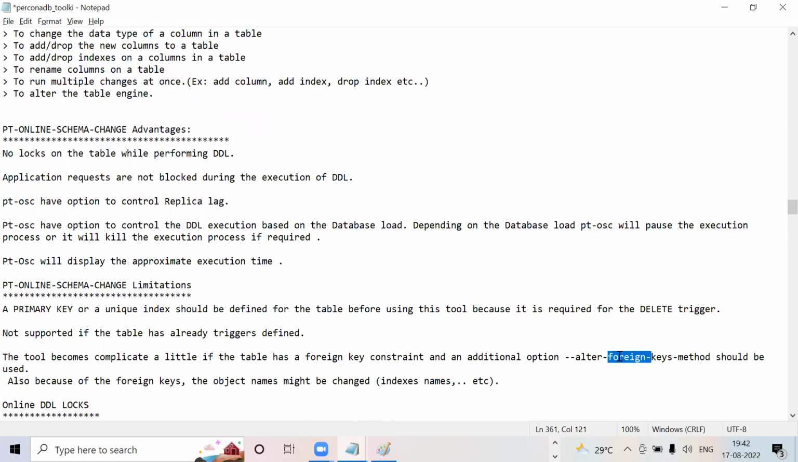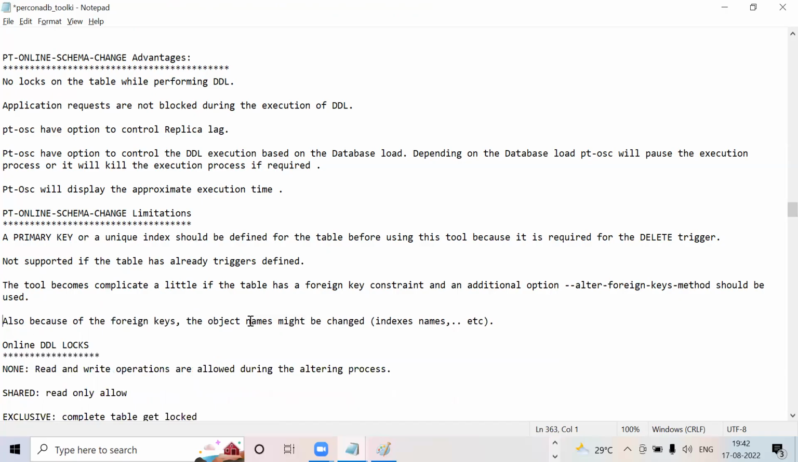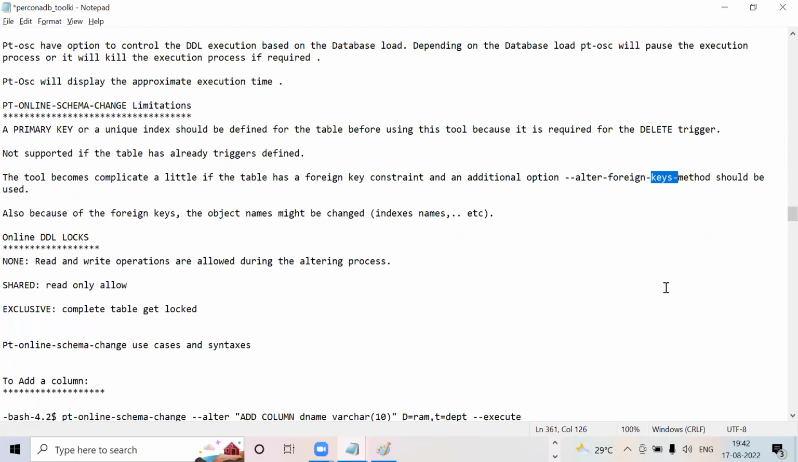By default, the alter table foreign key method should be mentioned. And also, because of the foreign keys, the object names might be changed. Okay. So that is the reason you can keep the ignore method, then it will not take any action. Okay. And one more thing, see,